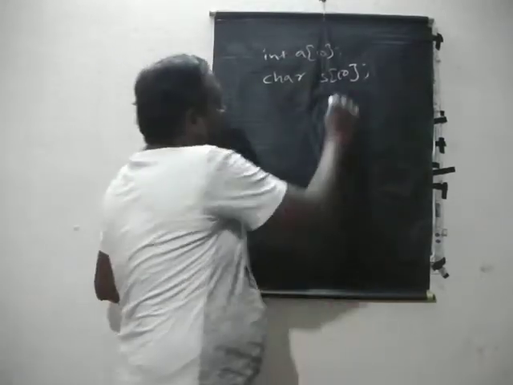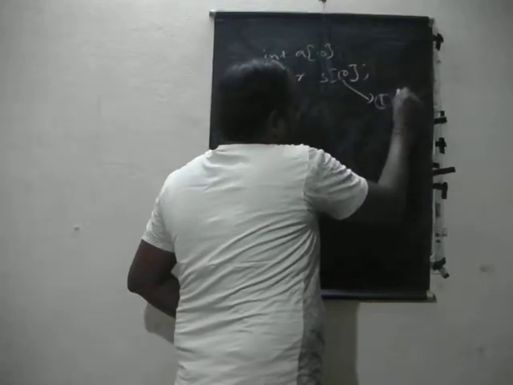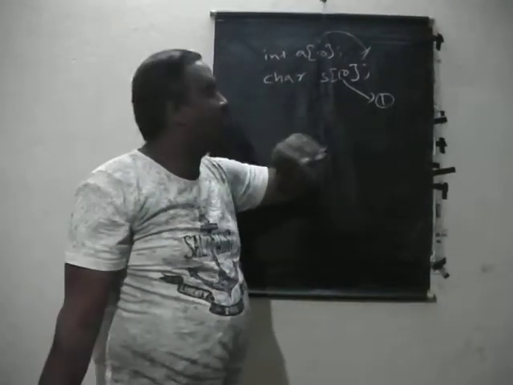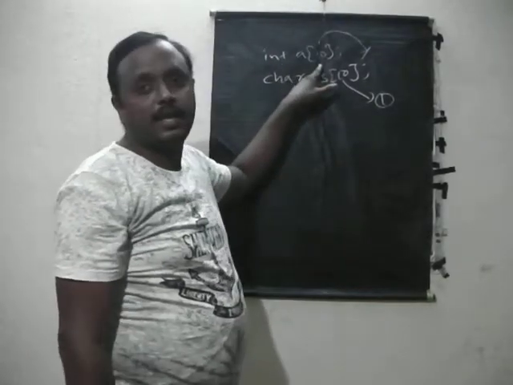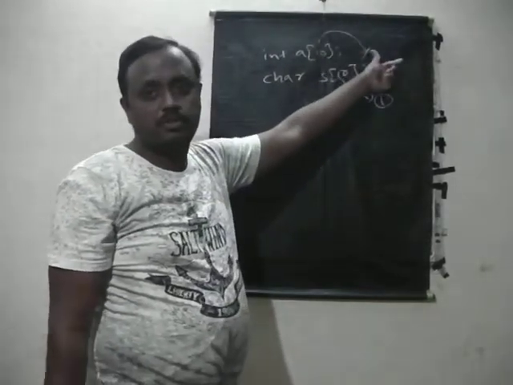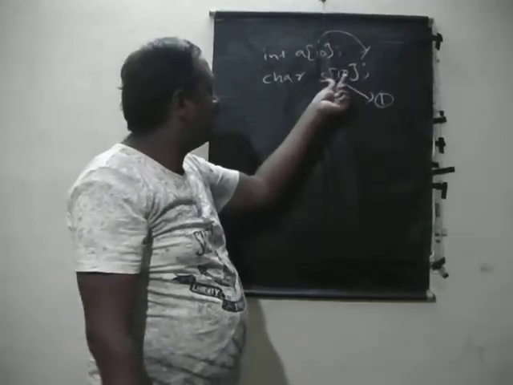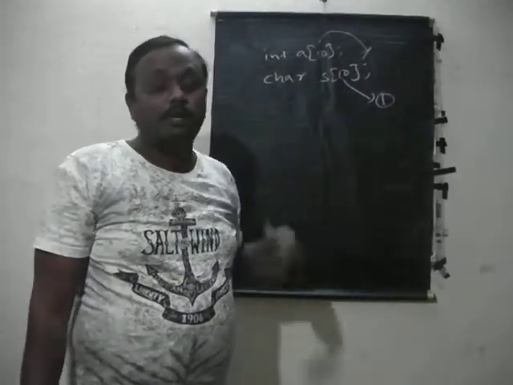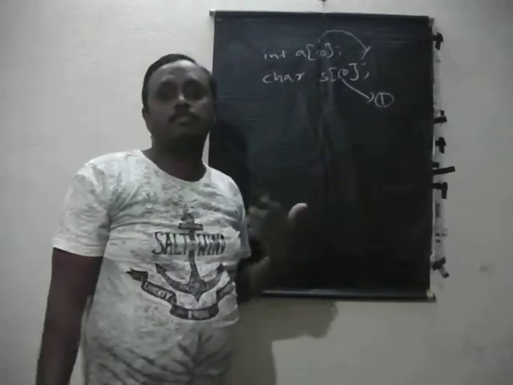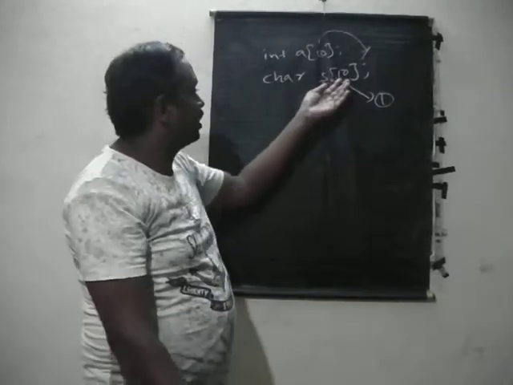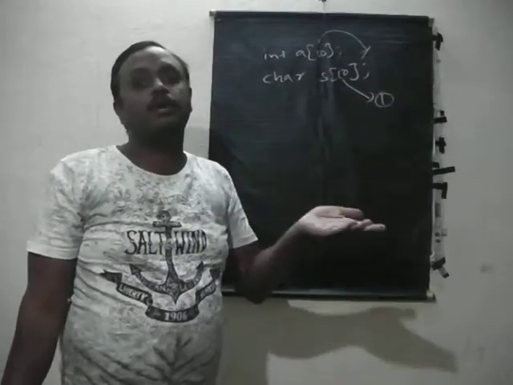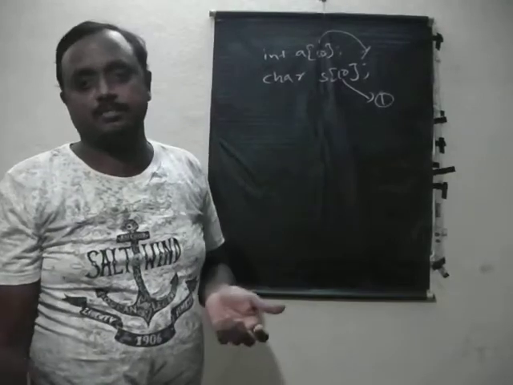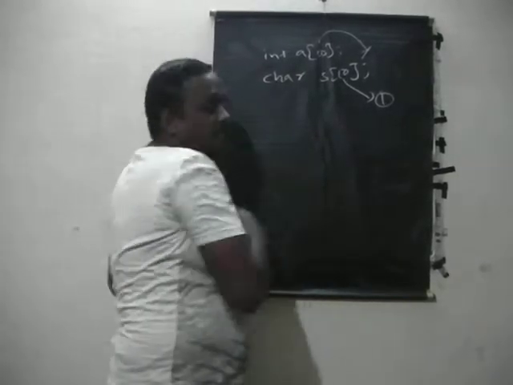So these 10 characters are given only one name. The difference I am telling here is that when I take an integer array, the 10 are 10 different numbers, but here the 10 indicate only one name. But if I want to declare more than one name, two names, three names, it is difficult. So we take s of 10, comma, s1 of 10, comma, s2 of 10, like your normal variable declaration. So for that we need to overcome this.